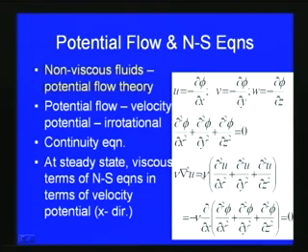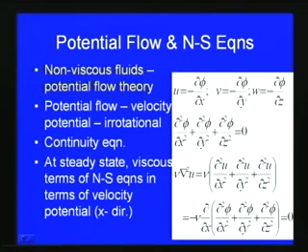Now, also using the continuity equation at steady state, nu into del square u can be written as nu times del square u by del x square plus del square u by del y square plus del square u by del z square. Substituting for u, v, w and interchanging the differentiation, we can write nu into del square u is equal to minus nu del by del x of del square phi by del x square plus del square phi by del y square plus del square phi by del z square. For irrotational potential flow, this term is 0. So, we can show that nu into del square u is equal to 0.